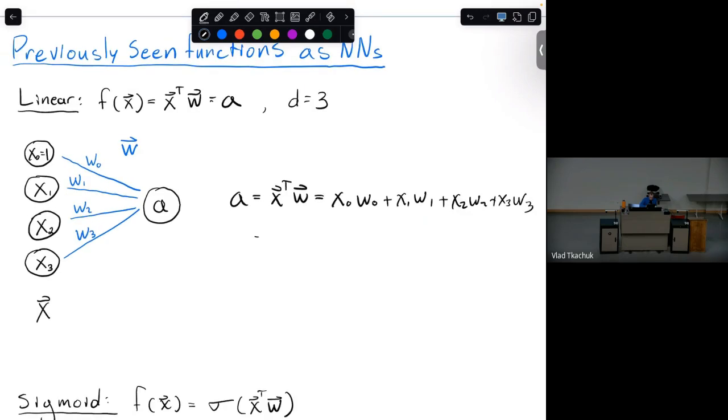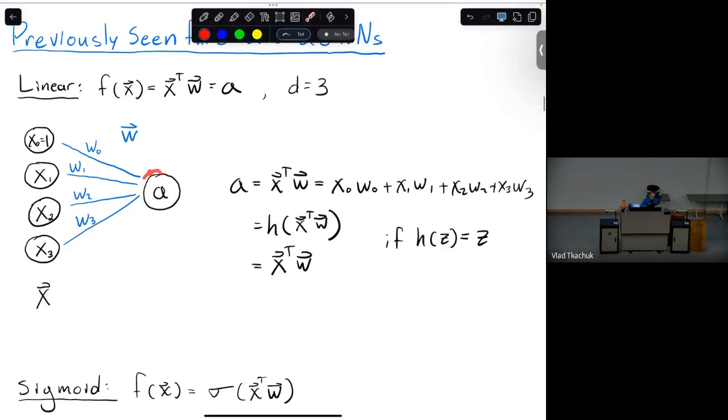Okay, and I'm going to write this one more way, which will become apparent why I'm doing. You could think of this whole thing as a function h, and we'll see what this h is later, applied on this linear function. And in this case, h is just the identity function. It's the function that literally just, as we've seen, outputs this. So it does nothing. But the point is I can wrap this in some function h. We're going to see that h can change in just a second. But these are equivalent, if h is just this identity, called an identity function. It just outputs what it inputs. Okay, so you can think of this A as doing this operation of taking this dot product and then applying a function h. In this case, it's the identity.